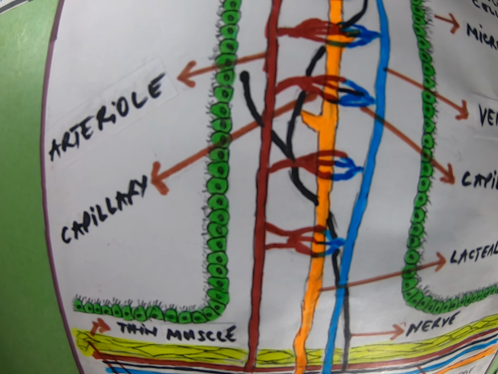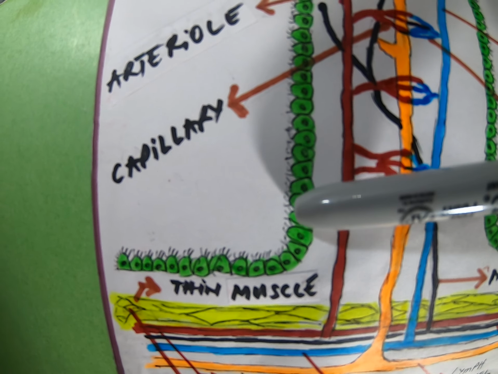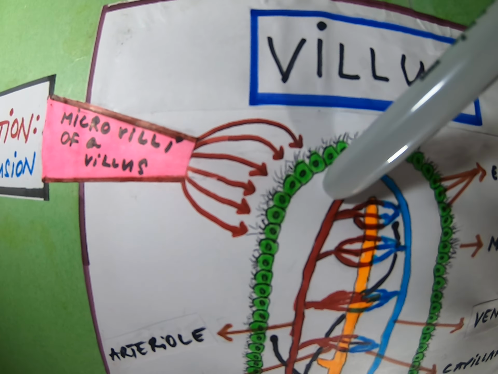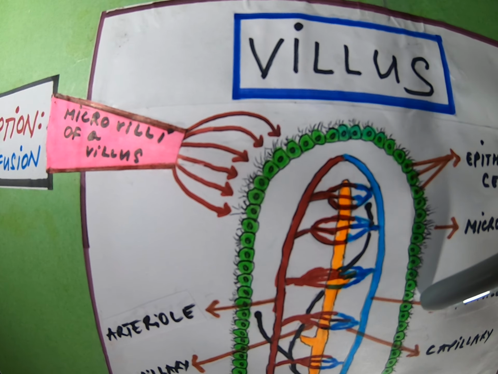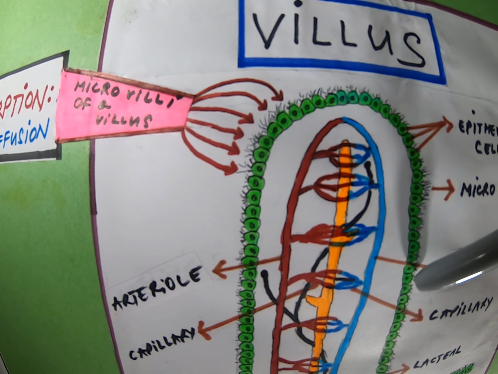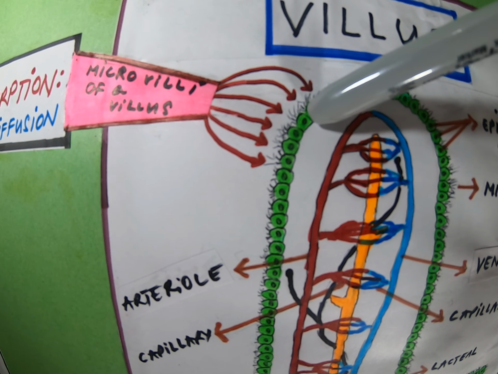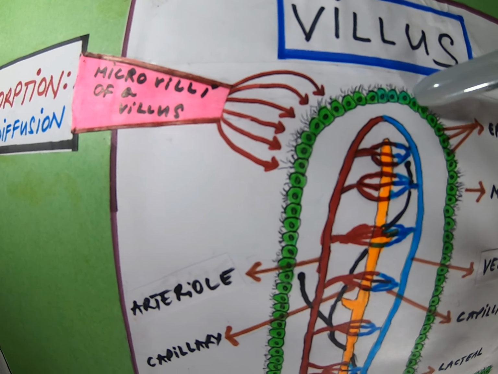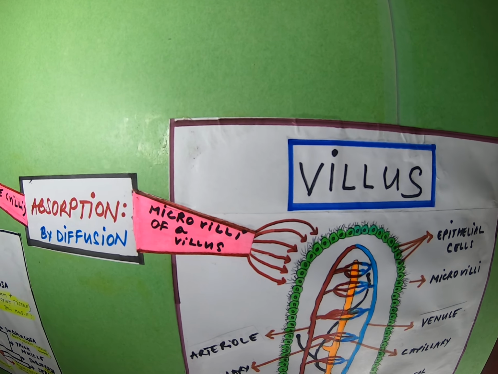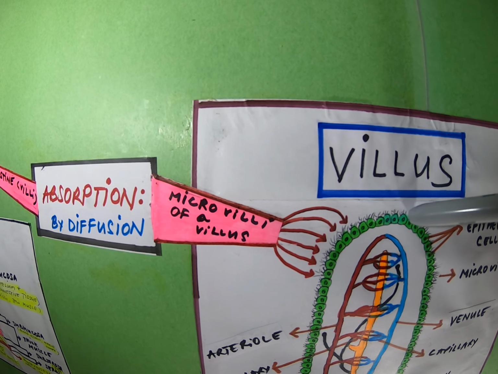Okay, so that's it. I'll go closer. You see the fine hair on each epithelial cell. Okay, and I'll make it bigger here. These are called the microvilli of the villus. So we have villi, but there are also microvilli partially surrounding the villus. So these fine hairs are called the microvilli. Okay, so when food is absorbed here from the crude particles, let's say carbohydrates, it will be